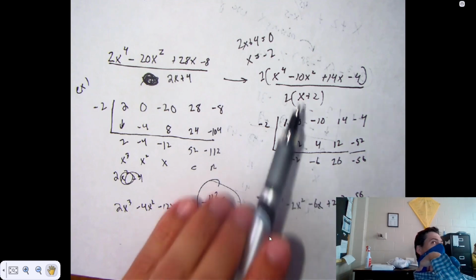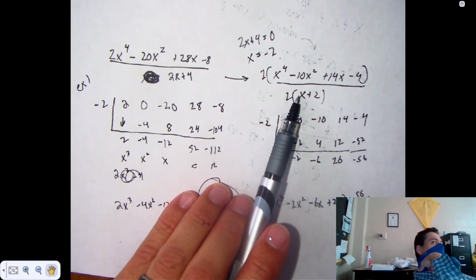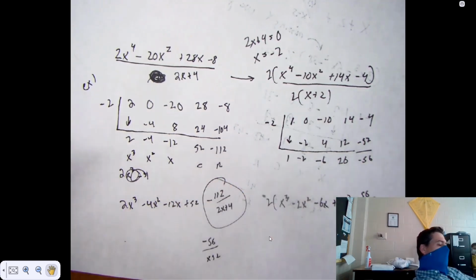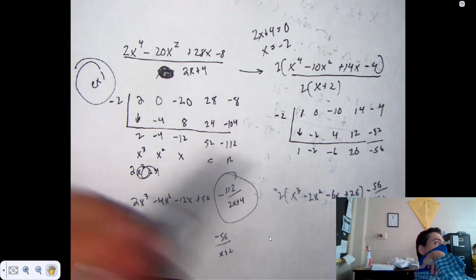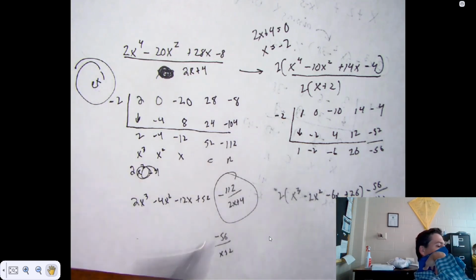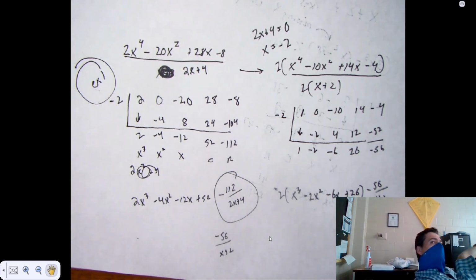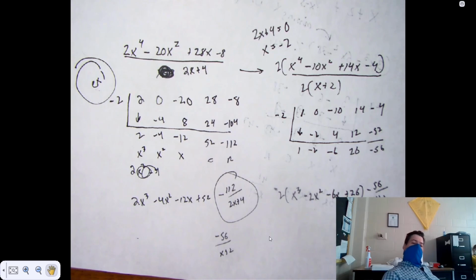Some teachers teach to do this in the beginning. When it comes to synthetic division, the honest truth is don't simplify till the end. Or maybe I shouldn't have shown you that you can. It does make the multiplication easier, but you do have to put that 2 back in, which is kind of an issue. But I would do it this way and not worry too much about that. Just make sure you simplify the fraction. And that will get you, I think, all the way through IXL. I don't think the mastery is